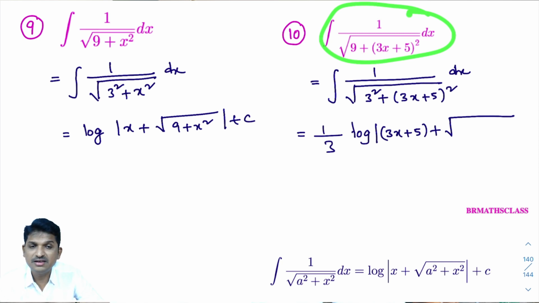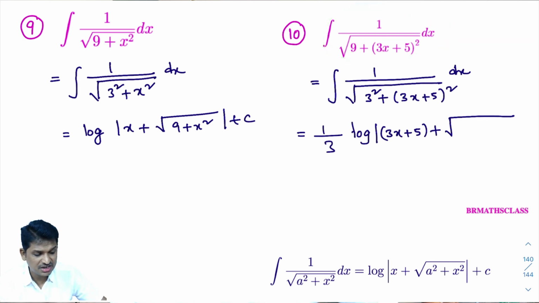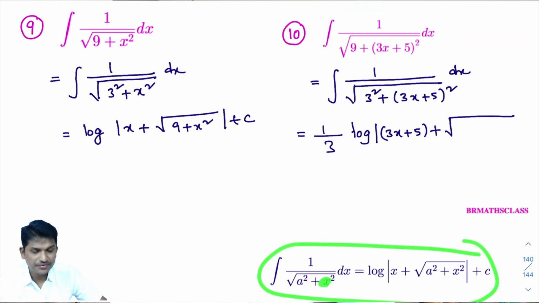But while doing exercise number 7.4, some lengthy problems are there. Every time we cannot use the substitution method. At that time, you need to know how to write the answer directly. That's why we are doing this class. This class is all about, especially in this formula, if ax plus b is there in place of x, how to write its answer directly.